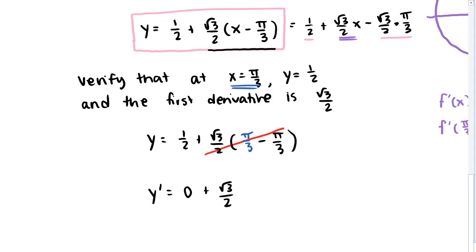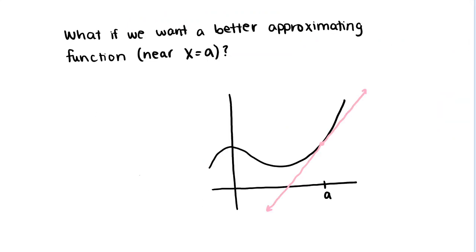All this to say that our tangent line has the same slope and the same y value as our original function. And it does a pretty solid job of approximating our original function near this point at x is equal to pi over 3. So what if we want a better approximating function near x is equal to a than a tangent line? So a tangent line is great. It has the same y value, has the same slope at that point, x is equal to a,